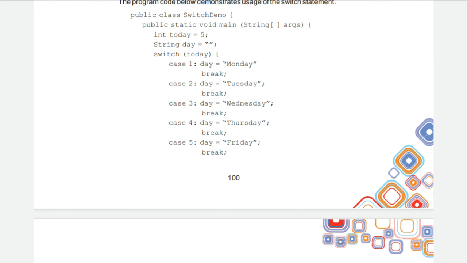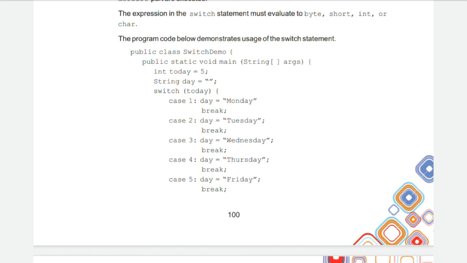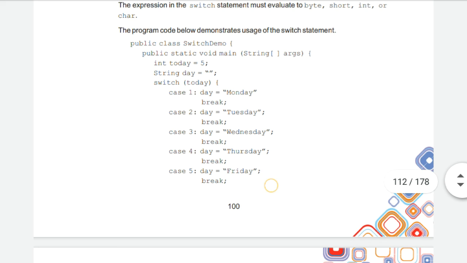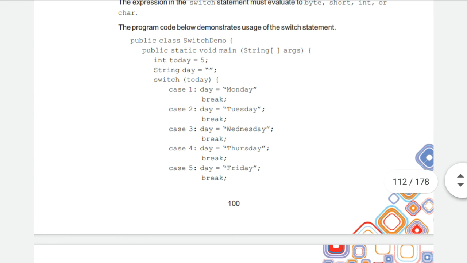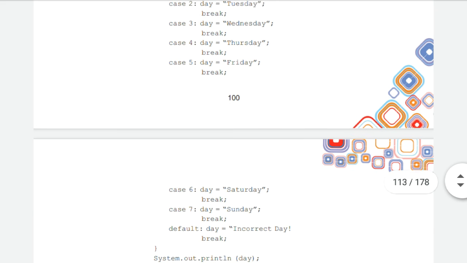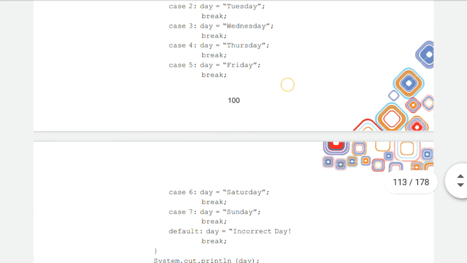When we reach case 5, day equals Friday, and today is 5, as we have initialized it. So case is 5 and today equals 5. It matches with this statement. So what will happen here? The outcome will be day equals Friday. This statement will be executed and it will terminate.